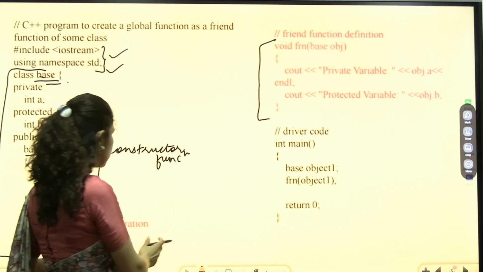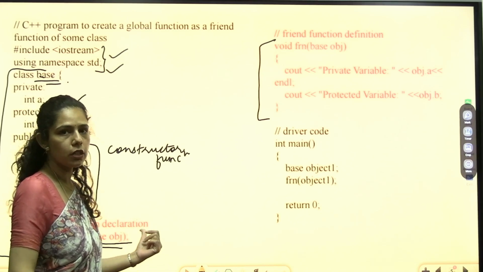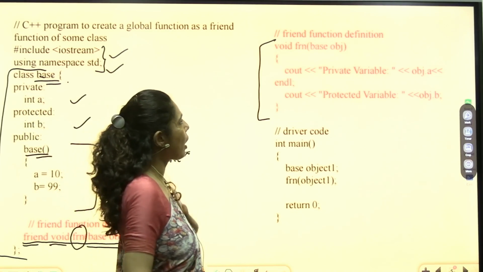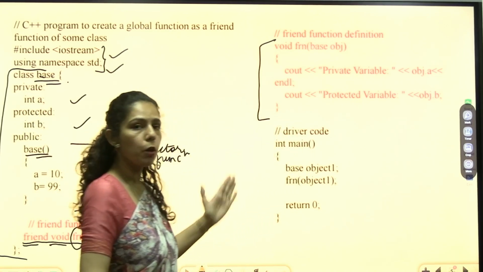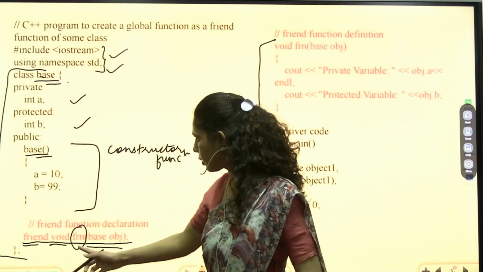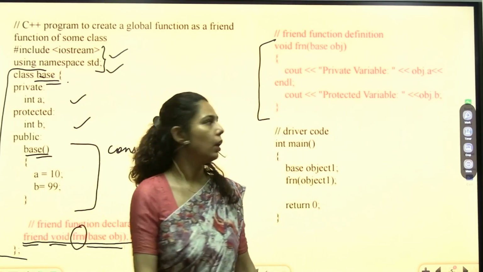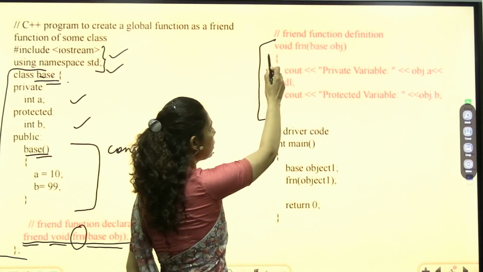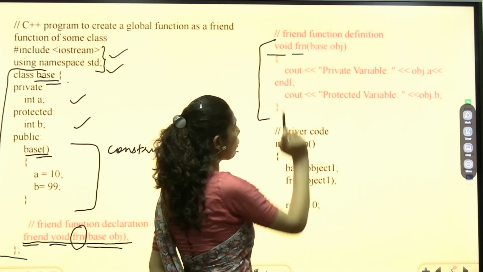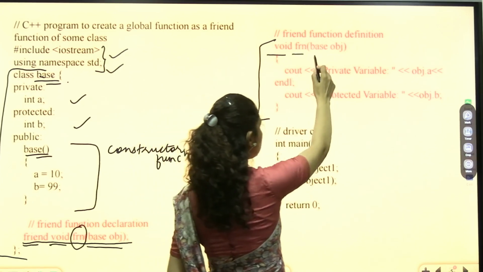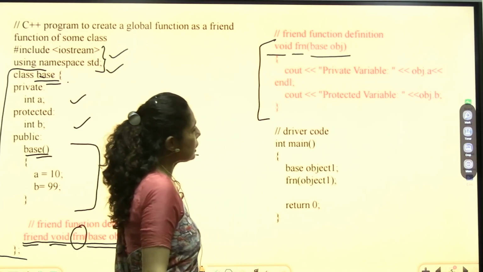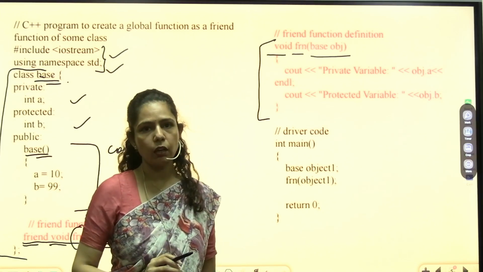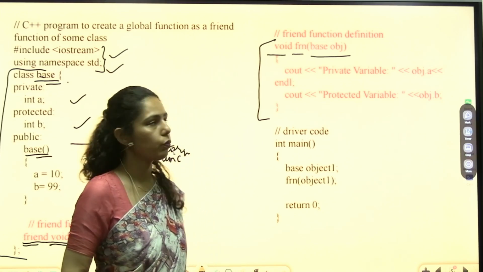So we have just declared that this will be our friend function, but in order to give the definition of this friend function, we have to come outside our class because the scope of the class ends here with this particular semicolon. Now in the friend function definition, we will again write the return type, the name of the function followed by the arguments. In this function definition, we will write whatever we want to execute in this friend function.